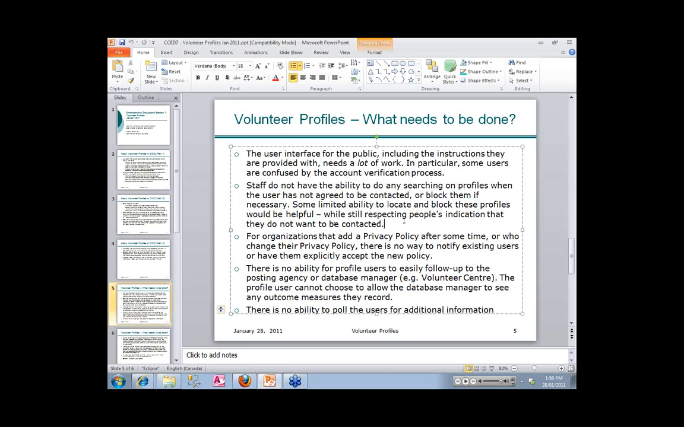So if they have not said that you can contact them, you also can't block them. You would have to contact us, KCL, to block them for you. That's not good. So we need to come up with some compromise,